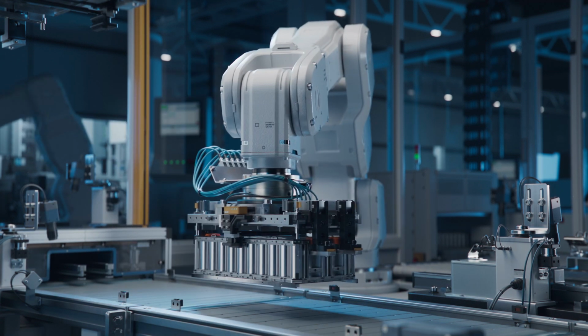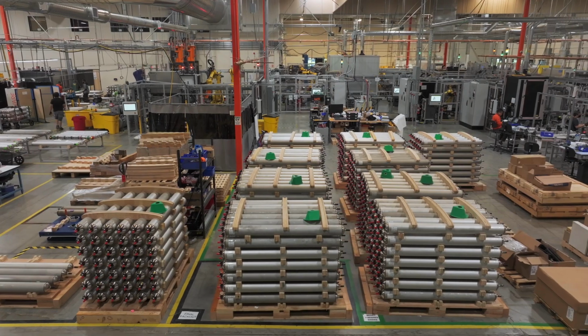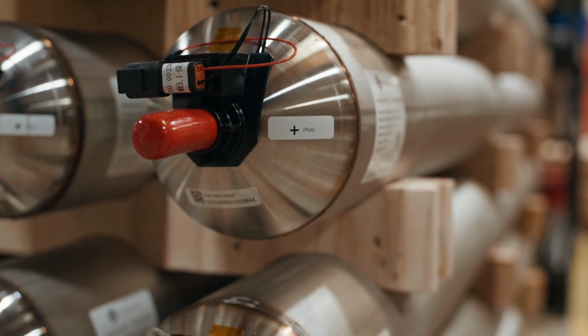We're entering a market where our main competition is lithium-ion, which is a very mature technology. And as such, we are having to mature our technology at a very rapid pace. Because of that, we have to go through very rapid design cycles, and we're growing very, very quickly. So we really needed a robust PLM solution that we could grow and customize to manage that data effectively and